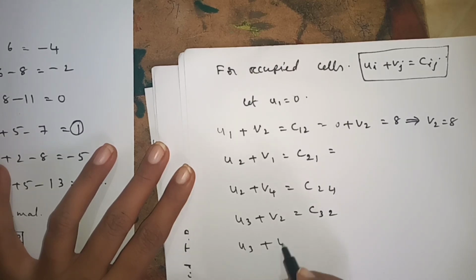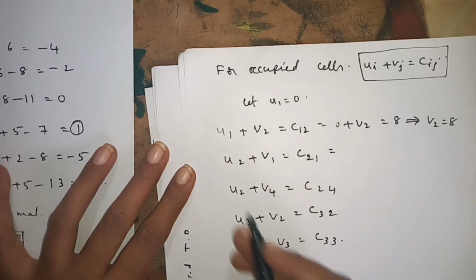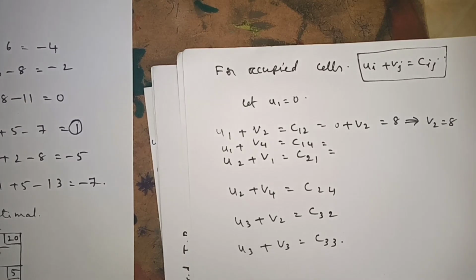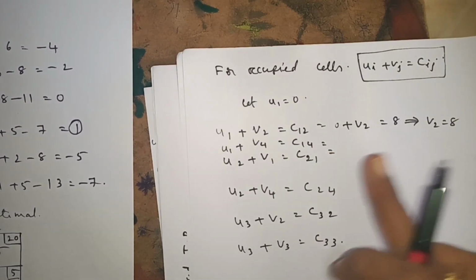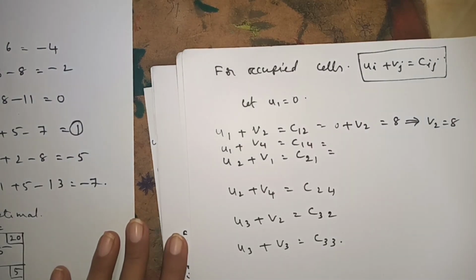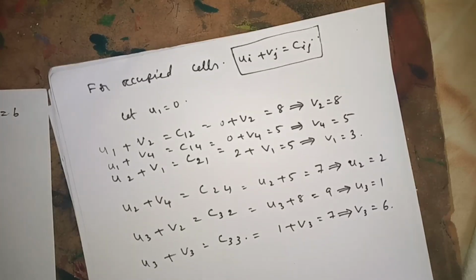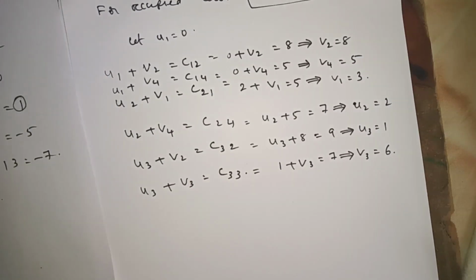U3 plus V3 is equal to C33. Like this you will get the values. Now using all these formulas, if you find U1, U2, U3 values, and now if you find all the values like this, you will get